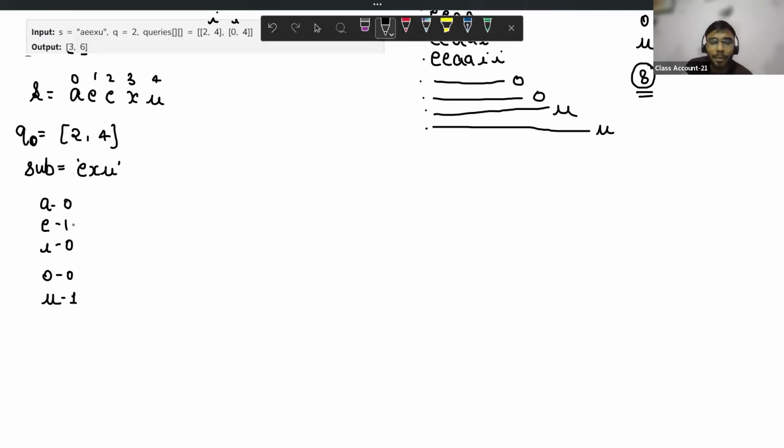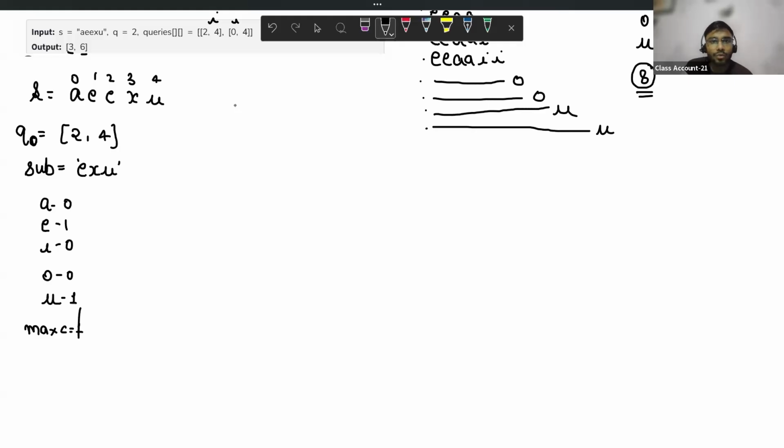Can I find the maximum count of a vowel present from A, E, I, O, U? This is here 1, this is here 1 only. So the maximum count of every vowel is 1. I cannot remove a vowel. I can add vowels. I can replace a consonant with a vowel. That is why the maximum count will be the current maximum count of a vowel from our list. That's why I am taking the maximum count here as 1.